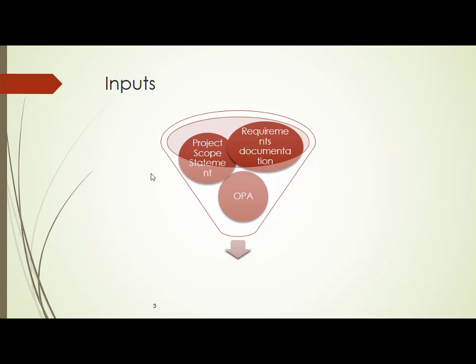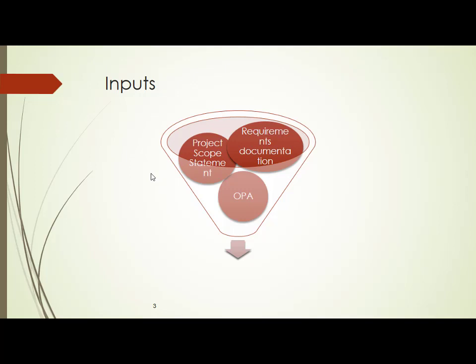We have been following this process right from day one. The output I want to get is a work breakdown structure. If I want to get that output, I need to have input and I need to have tools and techniques. So: input, tools and techniques, and output, ITTO. What are the inputs? I need to have a project scope statement. This is already ready from our previous class. We have designed a project scope statement.